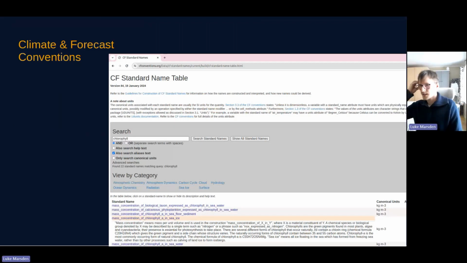And also importantly, we have the CF standard names. So this is a controlled vocabulary that you should assign for each of your variables. Each variable should have a variable attribute standard name, and you pick one of these terms from this list, searchable. Anyone working with the same type of data should have the same standard name written down. So the variable name you assign is not standardized, but the standard name is. This is really useful for us if we want to build services to perhaps combine data from different files of the same type of data.